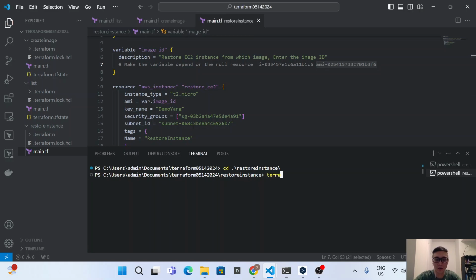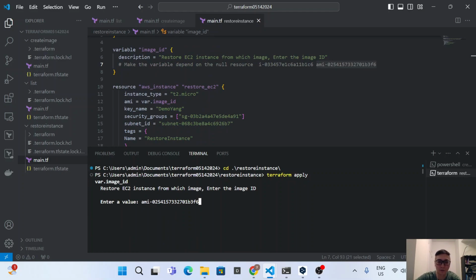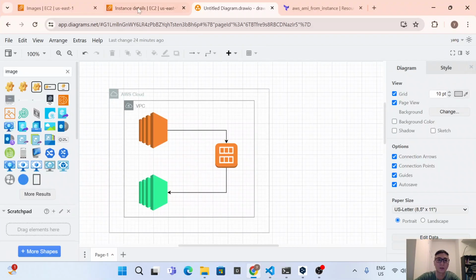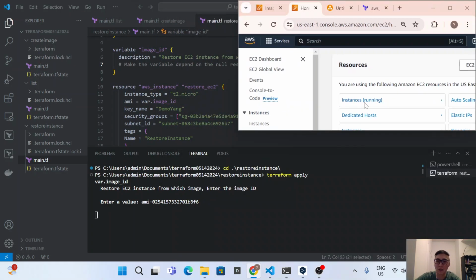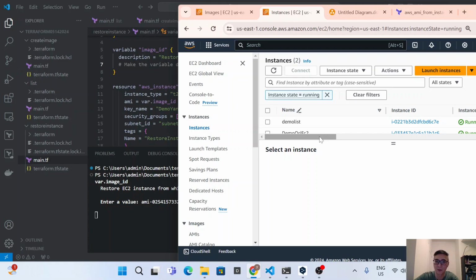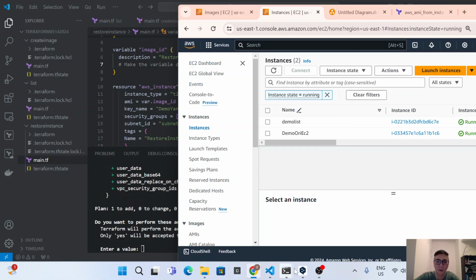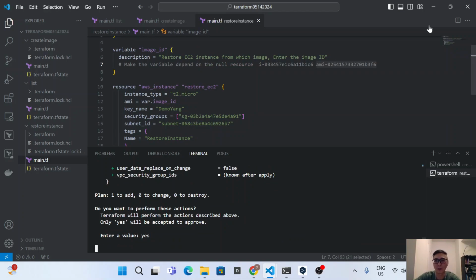before I run terraform apply. So it will prompt to ask which image we want to use. Yeah, so we paste it, hit enter, and at the same time we can come to here. So right now we only have two running instances. One is the demo list, and another one is the demo original EC2 instance. Yeah, and we can come back to our Terraform, type yes, and wait for our